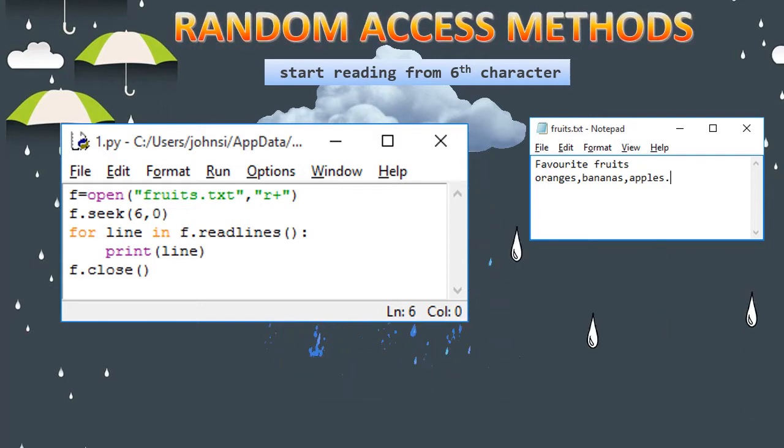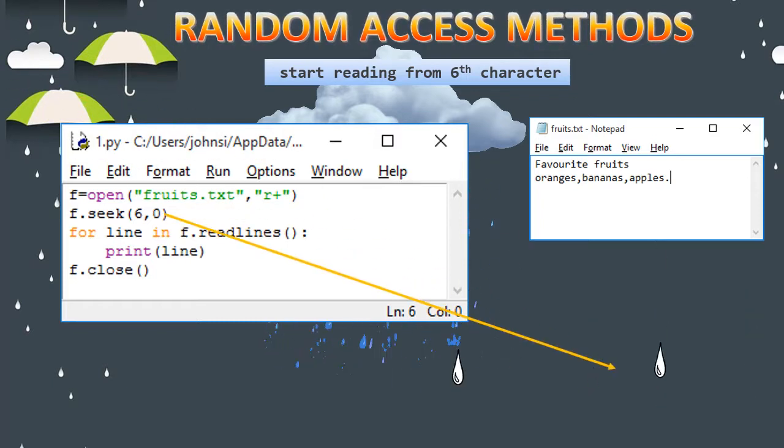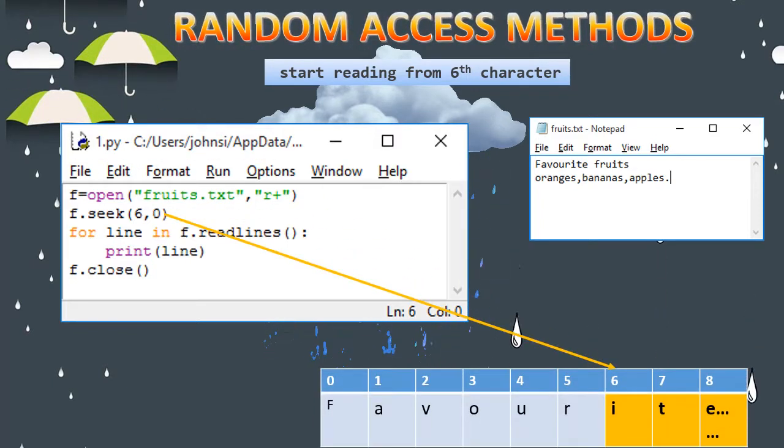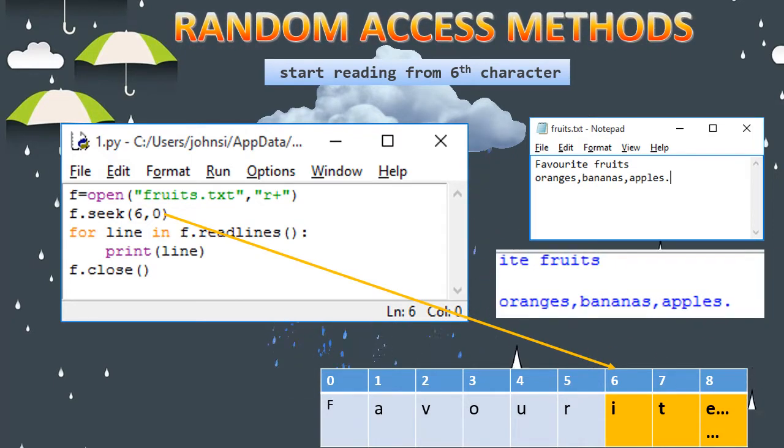So from the beginning, we start reading the character in the sixth position. The starting position is 0, so what character is in the sixth position? I. From I onwards we start reading, and the next line is printed continuously. This is the output.